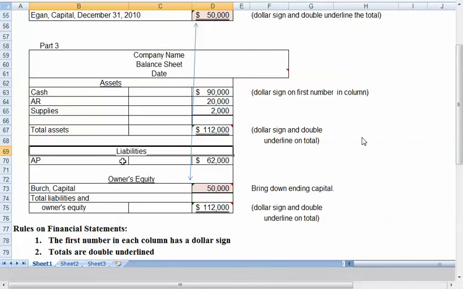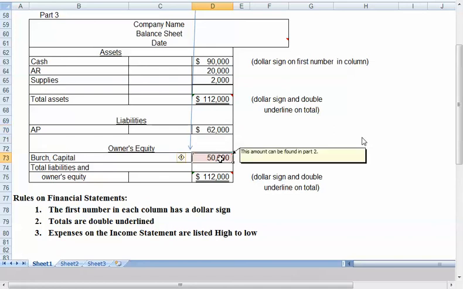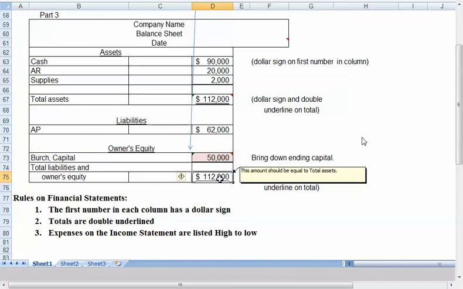Now liabilities is money that you owe other people. AP here is accounts payable. That could be maybe for a utility bill or something you bought on account. Wages payable, unearned are all liabilities. Let's assume that number was given to you, just as we assume these asset numbers were given to you. We brought down the ending capital. 62 plus 50 gives you 112. Again, we need a dollar sign on the 60, a dollar sign and double underline on the 112. Do not put any underline on the 62 because you're adding it to the